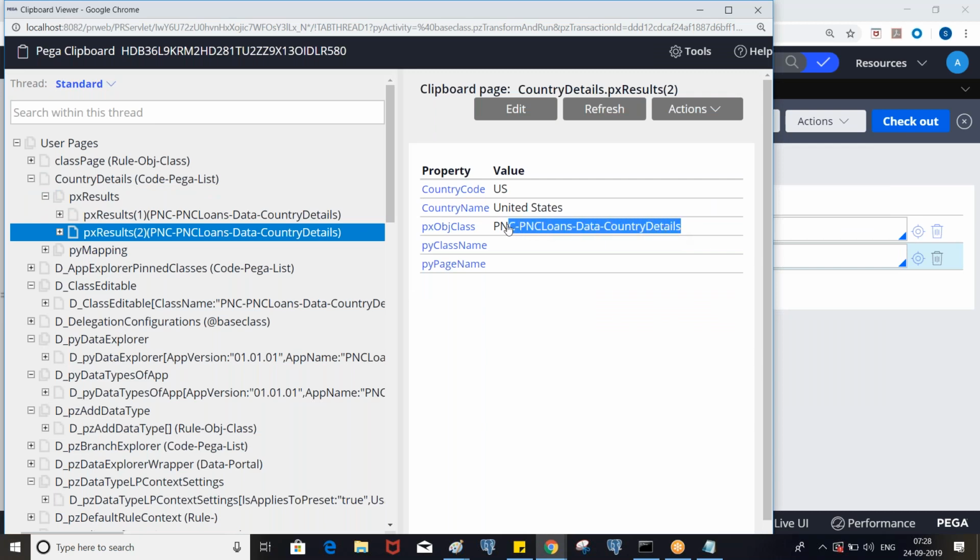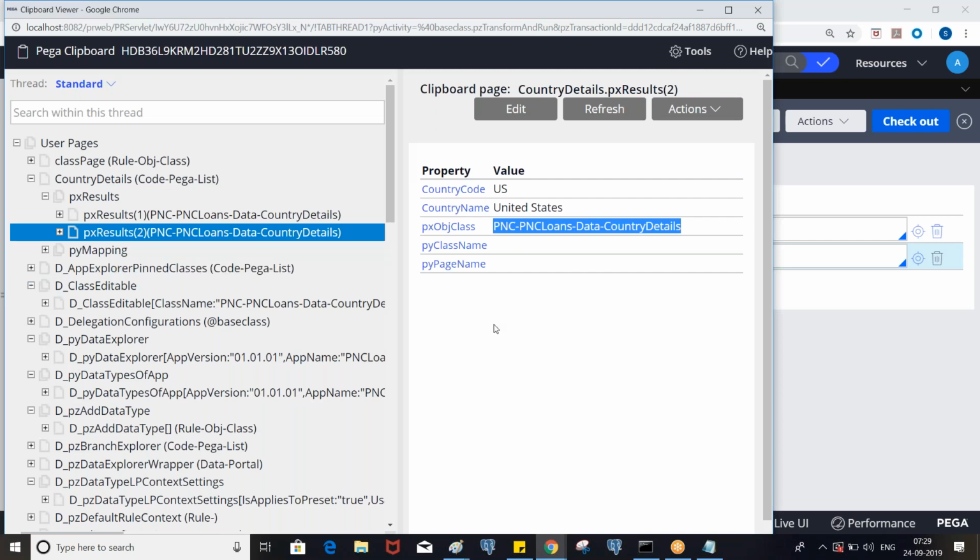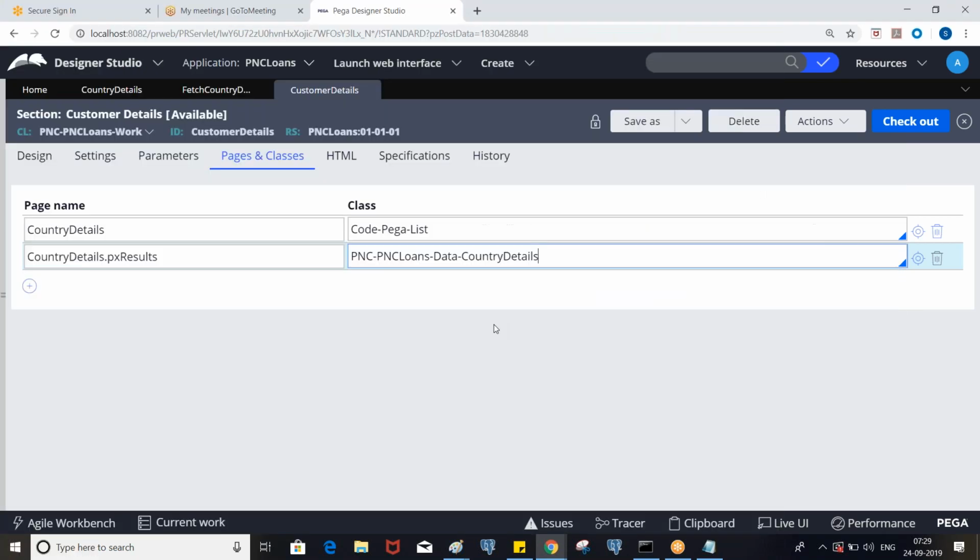So all the PX results are part of data class. Here we cannot put PX results of 1 or of 2, because if you put PX results of 1, it will always take the first page data. So we can map the data of all the pages.